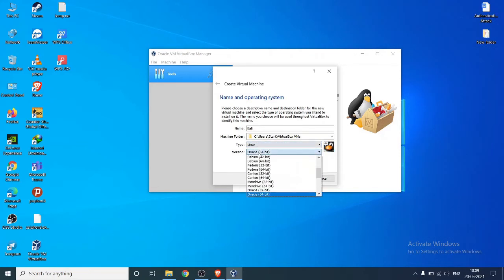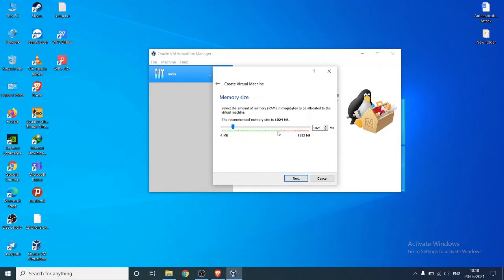So I will go with Linux, and the version is Debian 64-bit. You have to click on next.